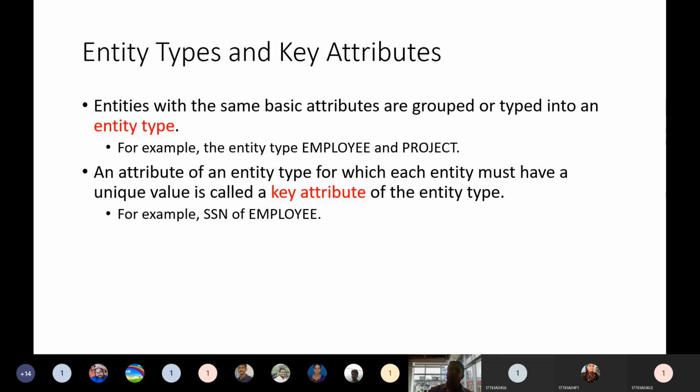A good example is a class, where every student has a name. We can use a name to identify the student, but we will use roll number. The reason is that multiple students may have the same name.